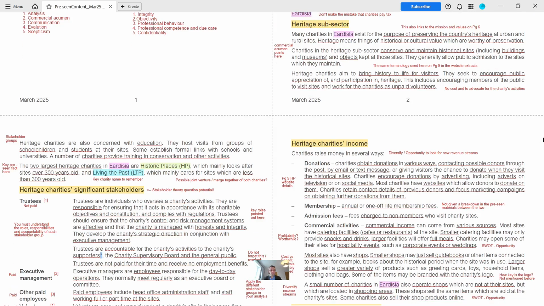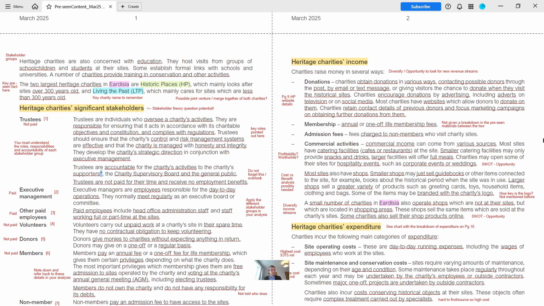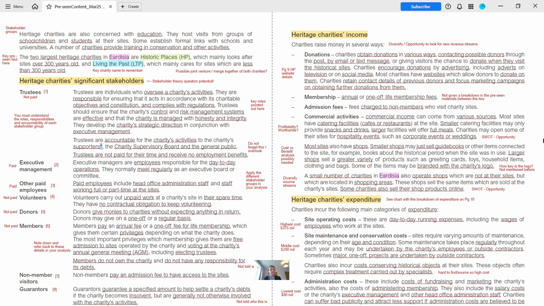what they look for. We then come on to, on the left-hand side, the other heritage charity factors. So it links into education, school children, different stakeholder groups like students, and a number of charities provide training in conservation and other activities. So again, really important for how the charity operates, who they want to bring onto the sites and encourage donations. With the last key thing being for this section that the two largest heritage charities in ACCA are